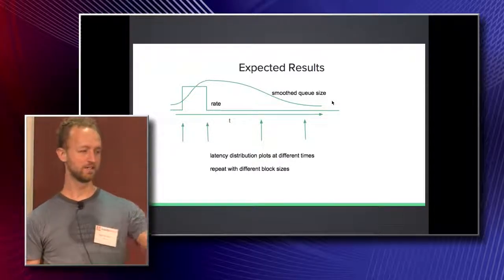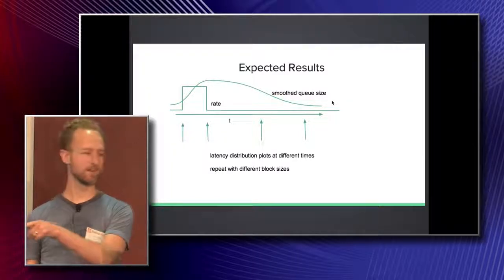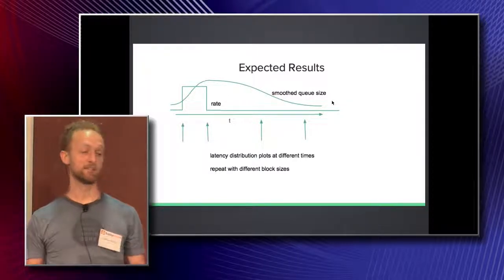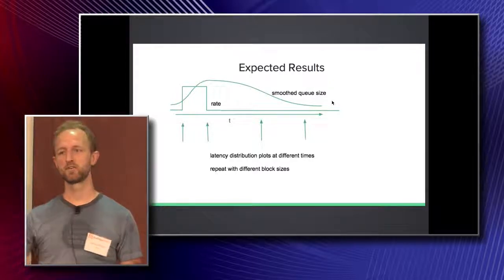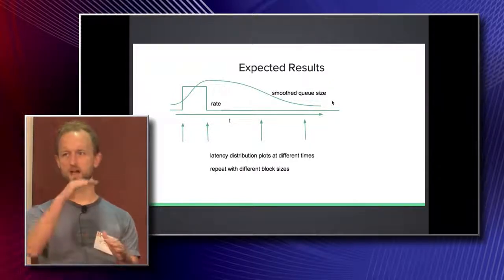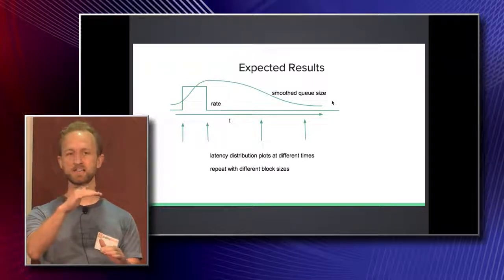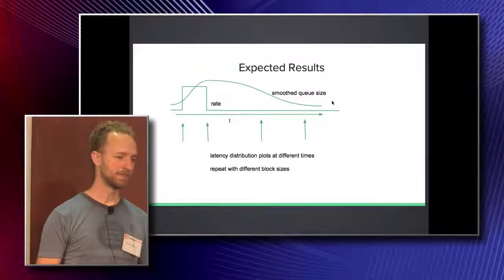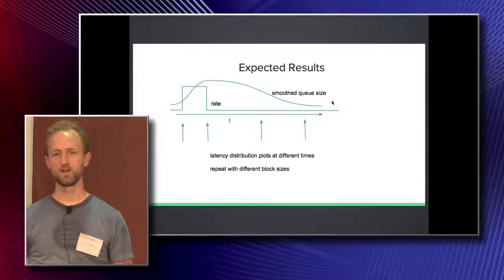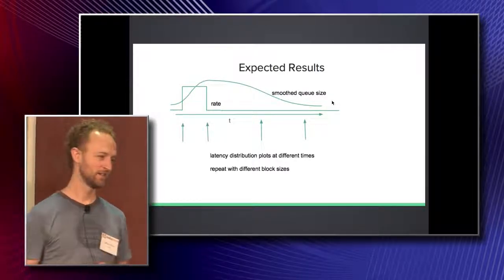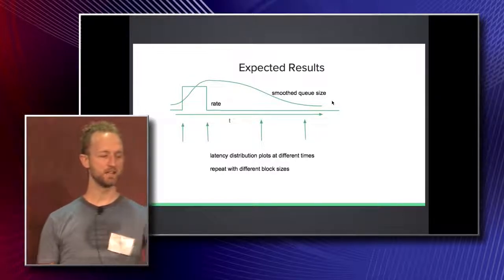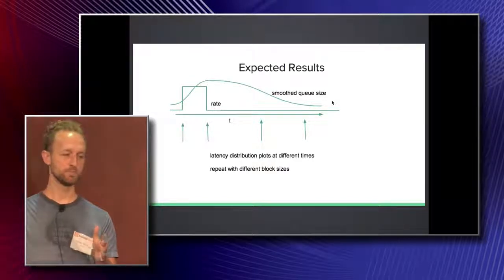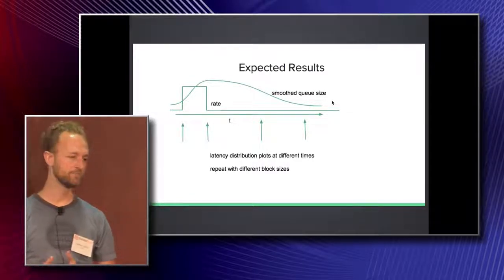time series plot showing the rate jump up in the square wave. And then we expect that if we plotted the mempool size over time and smoothed that, it would look like what you see here. So the memory pool starts growing, assuming the high rate is higher than the capacity of the network. And then we expect the memory pool would drain over time after the spike ends, if that were to occur in a fictional universe. So we would be interested in how long is that hump? So how long does it take the memory pool to drain?